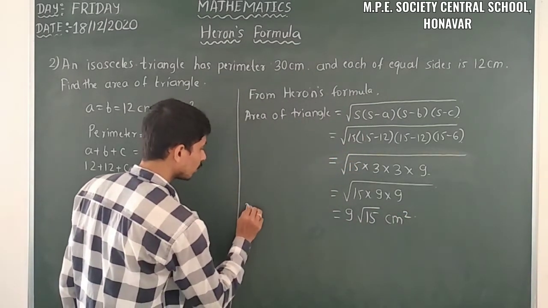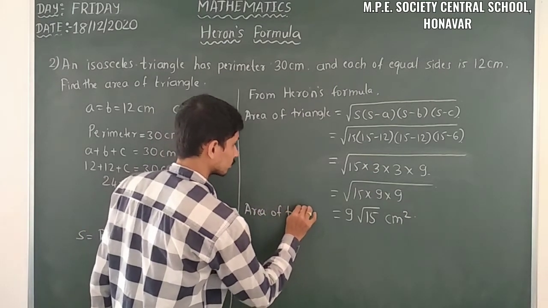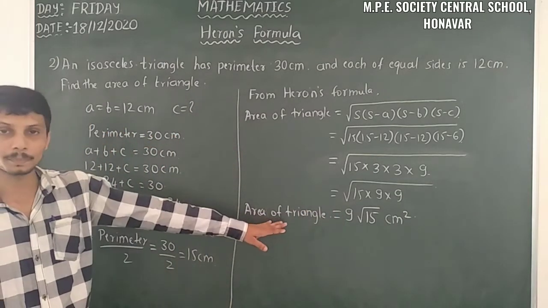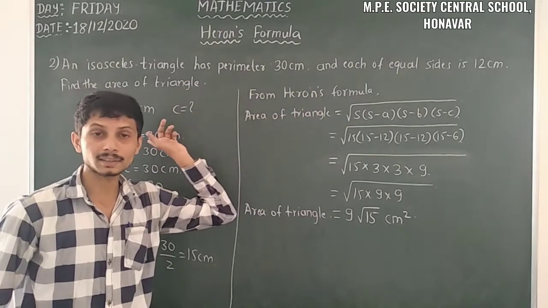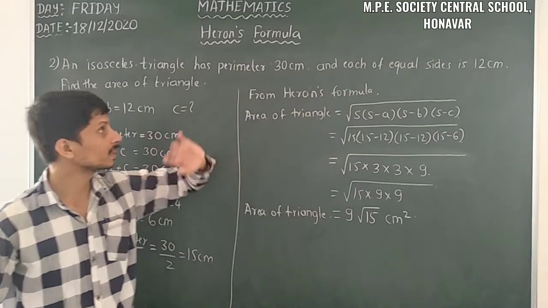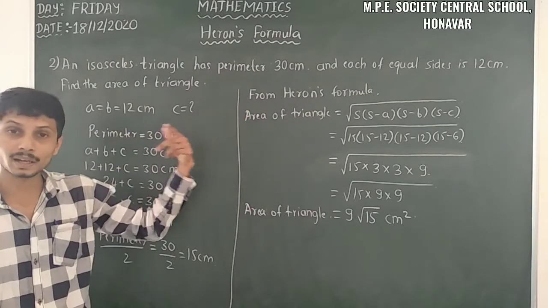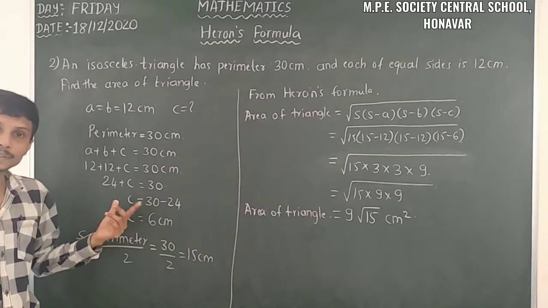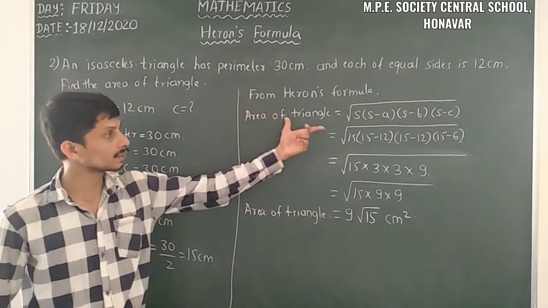So this is the value of area of triangle here. So firstly, initially we have the two sides. So two equal sides. In an isosceles triangle, it is given that the length of each equal side is 12 centimeter, and the perimeter is given, it is 30 centimeter. Using the perimeter and the sides, we can calculate the other side here. It is C, we get 6 centimeter, and using the perimeter, S is half of the perimeter. So S we have to find out, and then we have to apply it in the area of triangle.